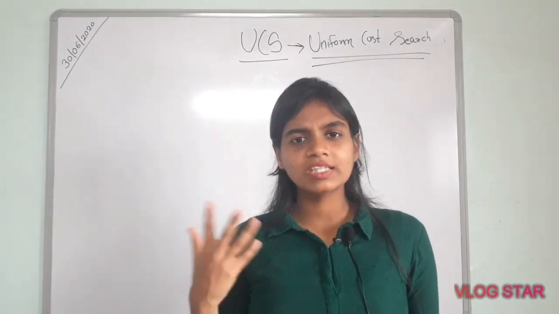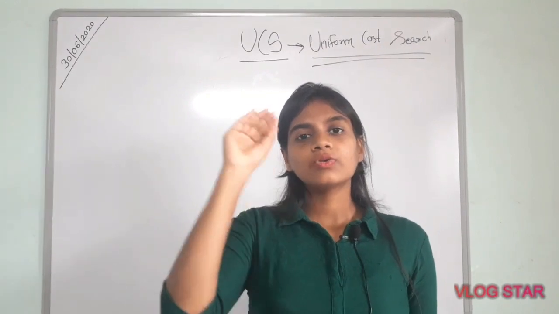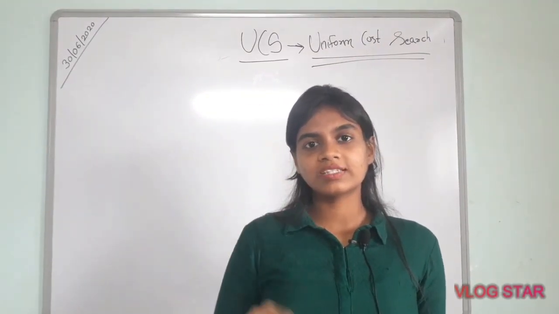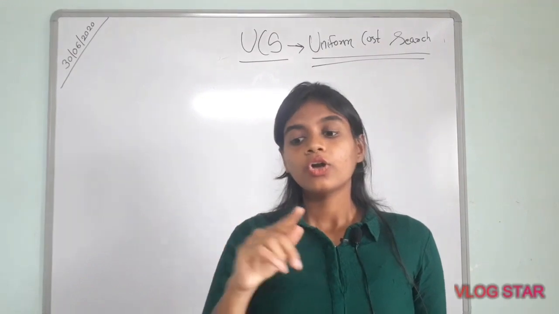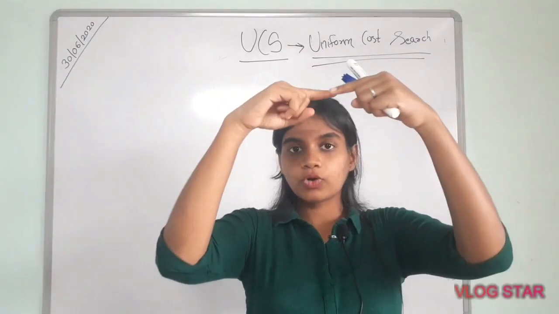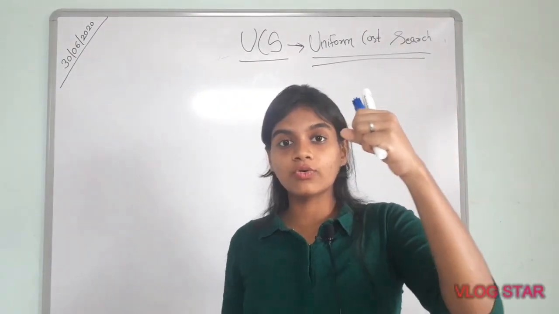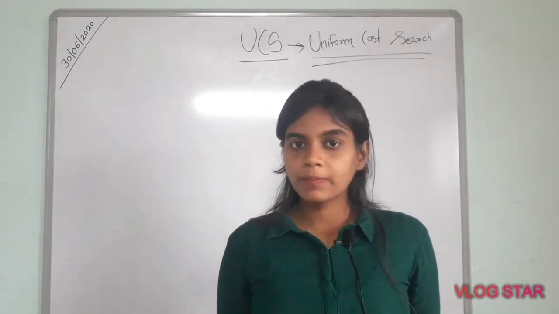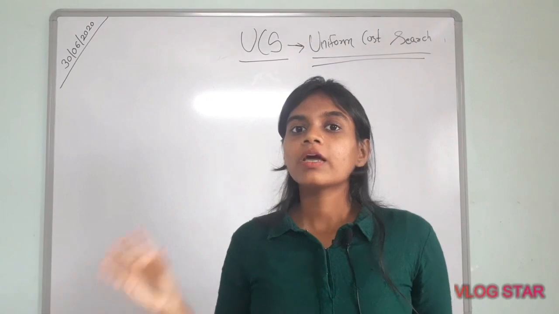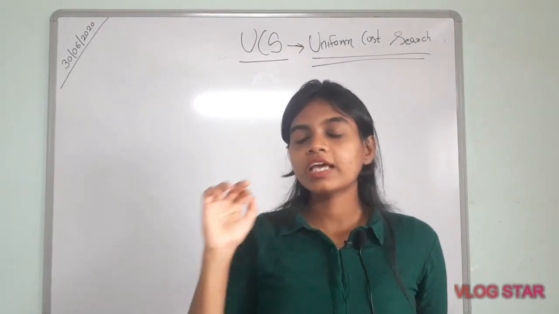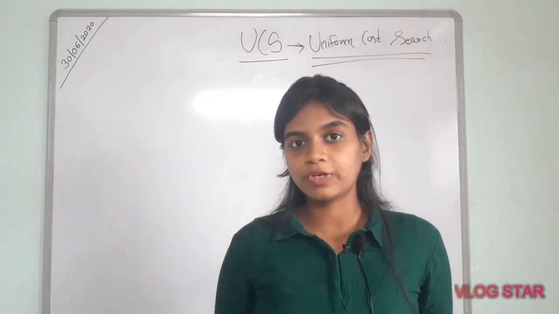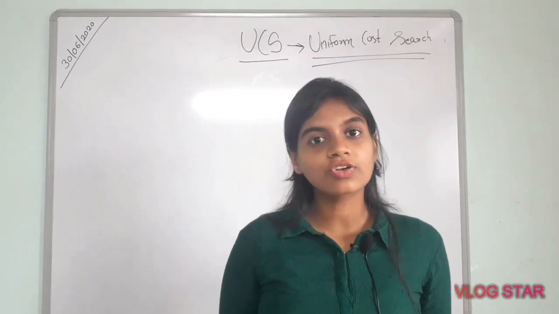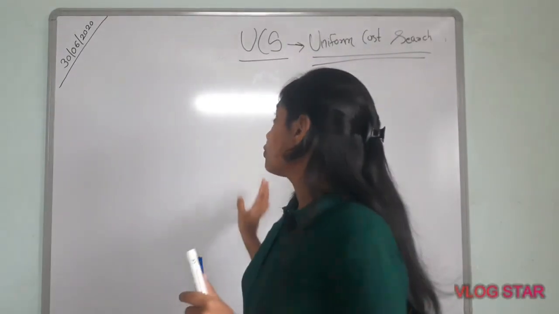Weighted graph means what is the use of a weighted graph? In uniform cost search, the main goal is to find the cheapest path to reach the goal node. They start from the root node, and to reach the goal node they use the cheapest path. It means they can traverse multiple paths, but from the multiple paths they take the one which is the cheapest. That's what uniform cost search does. So this was uniform cost search.